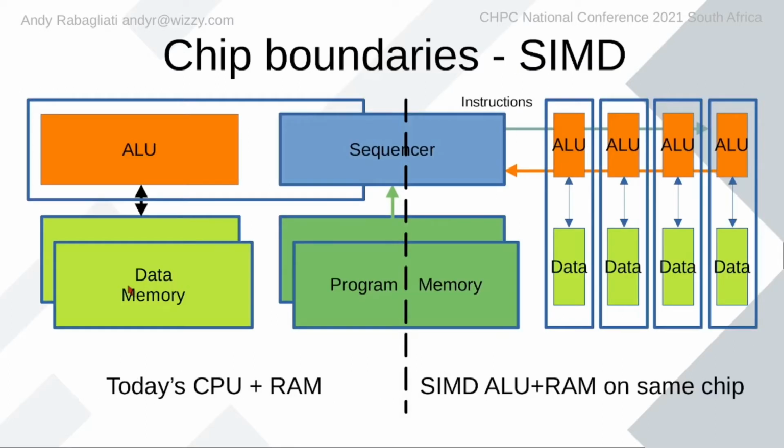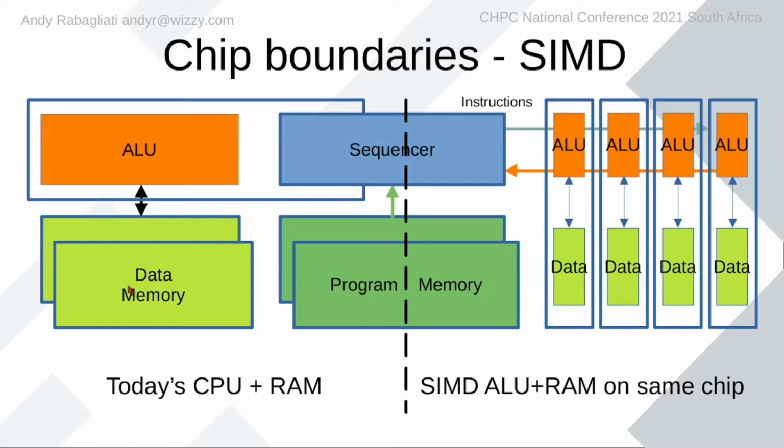Let's run over the differences between this and conventional microprocessors. On the left, we have today's CPUs that have the program sequencer and the arithmetic logic unit in one chip, which is the microprocessor, and they talk across a bus to the data memory. So the ALU goes through the process of fetching data out of the data memory, doing the processing, and storing the results back into the data memory. In contrast, on the right-hand side,